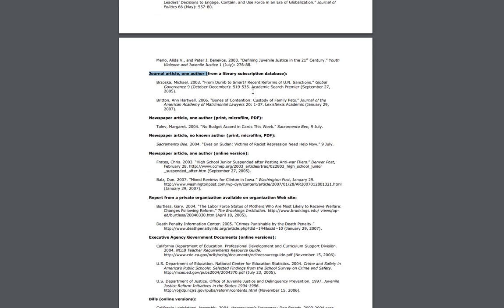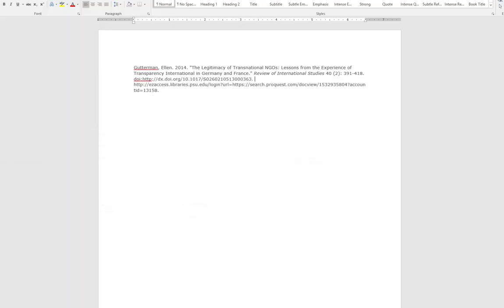And then you can add in the database that you used. I won't take off points if you don't, as long as you supply the link. Please supply the link to where it came from and the date of access. So now I'm going back here, have the date, the DOI, and I'm going to add in